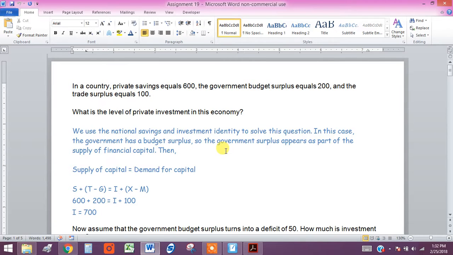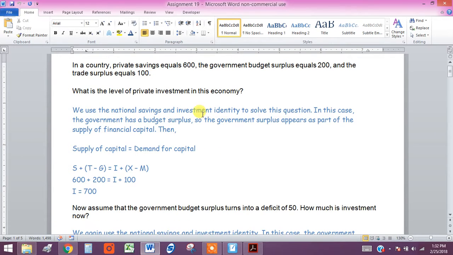So we want to use the national savings and investment identity equation to solve this, which is right here, okay? And we just simply plug in the numbers, and it's important to understand that the left side of the equation is the supply of capital or money, and the right side is the demand. So since we have a surplus